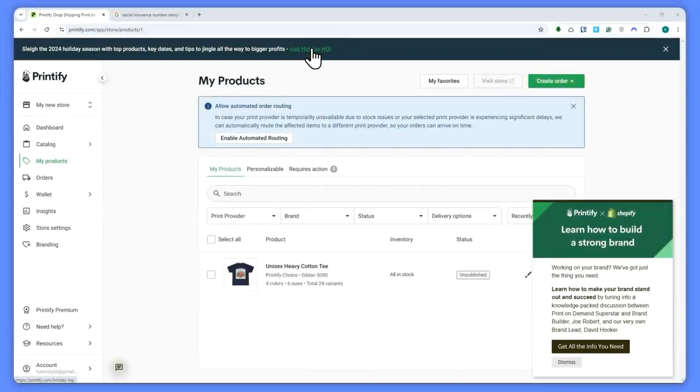So let's get started. Here we are on Printify, and to connect our TikTok shop we need